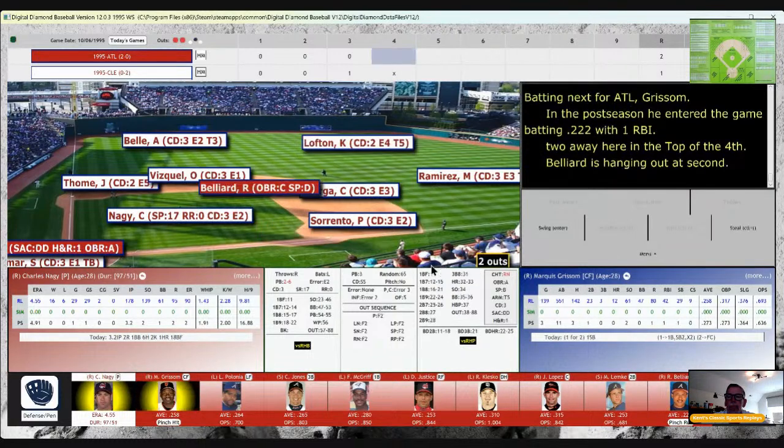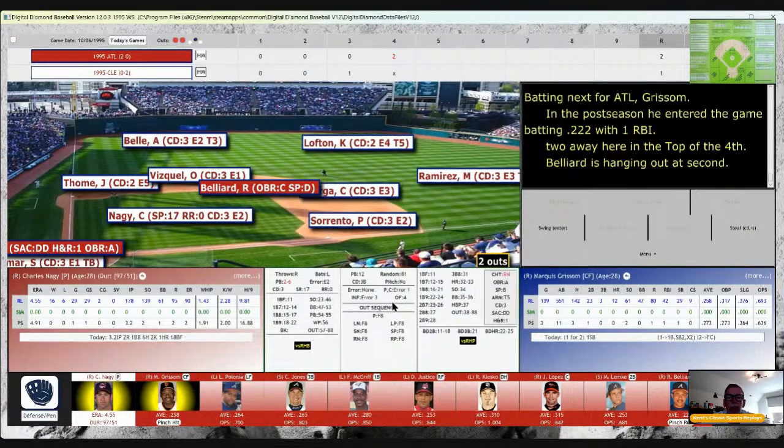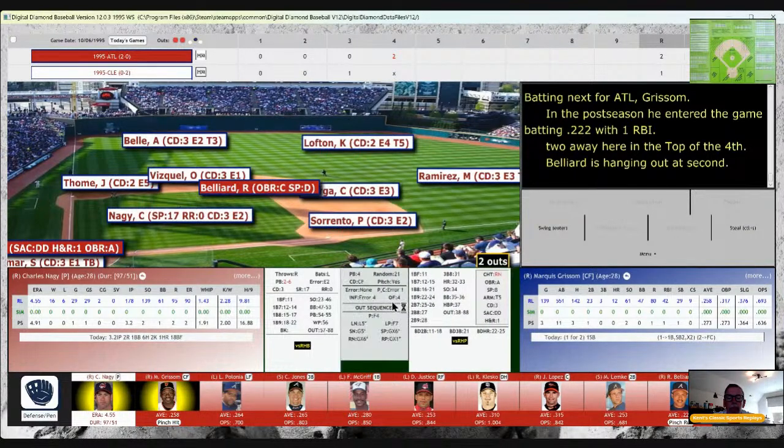And we have a 2-1 Atlanta lead now here in the top of the fourth. And Marquise Grissom coming to the plate. And that's 9 SPs used up by Nagy. Will be on Grissom's card. That 81, however, will be an out.